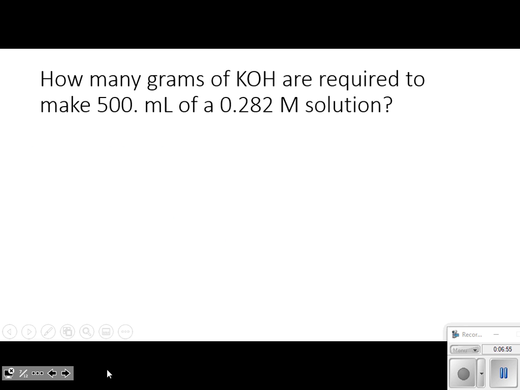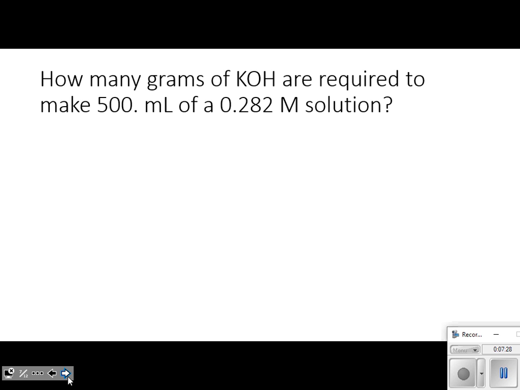Now this one's a little bit different. Go ahead and copy that down, and then we will work it. How many grams of potassium hydroxide are required to make 500 milliliters of a 0.282 molar solution? So what we're going to have to do here, folks, is we're going to manipulate our equation